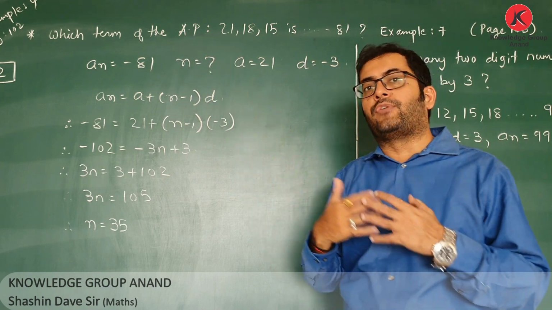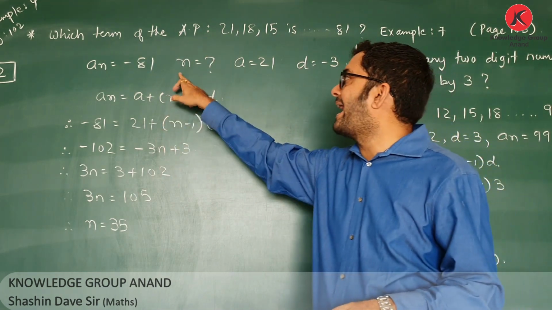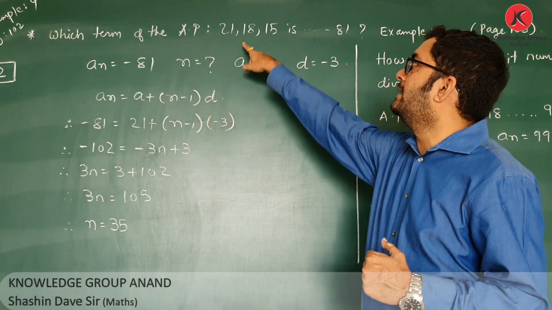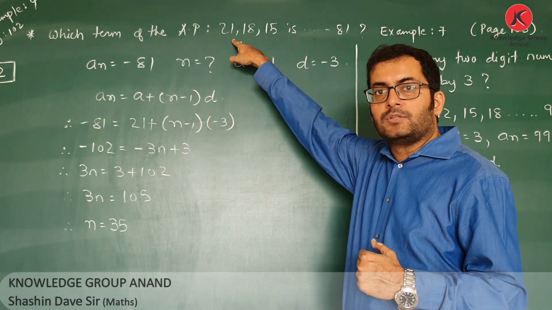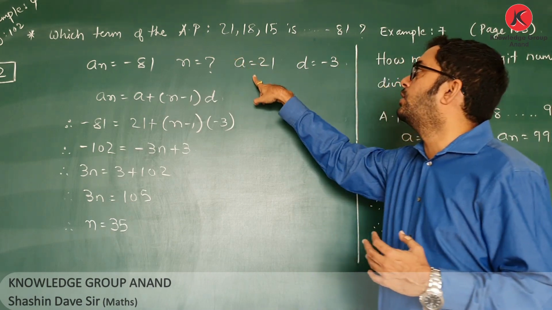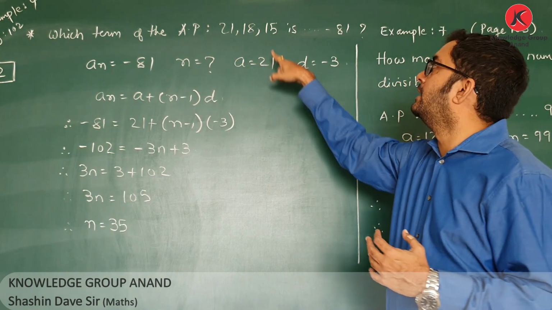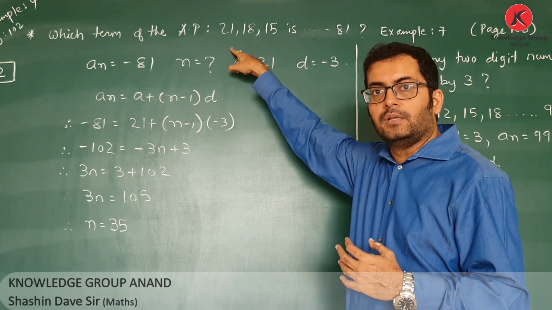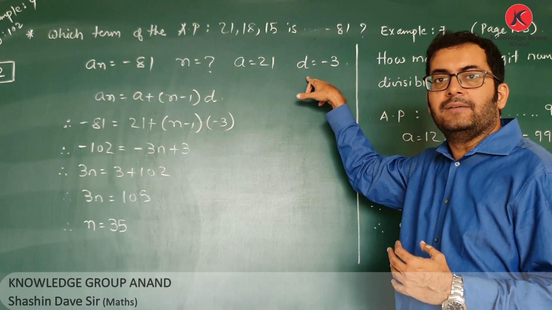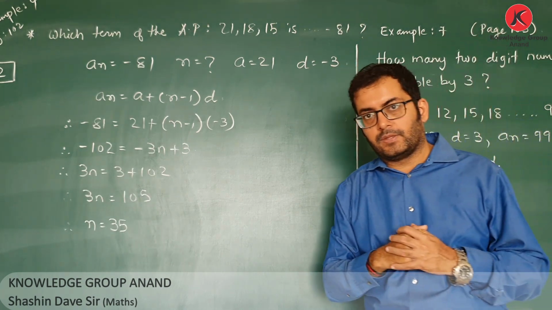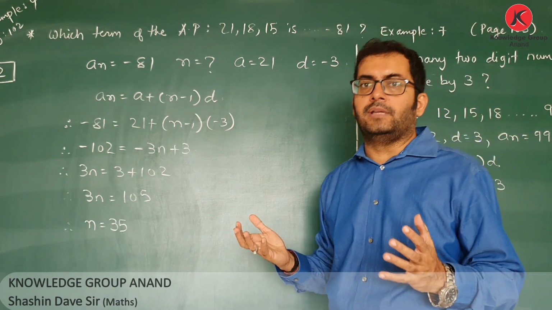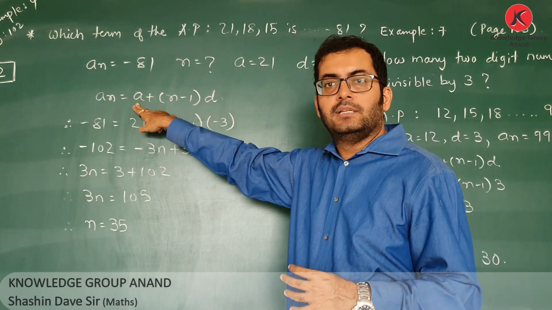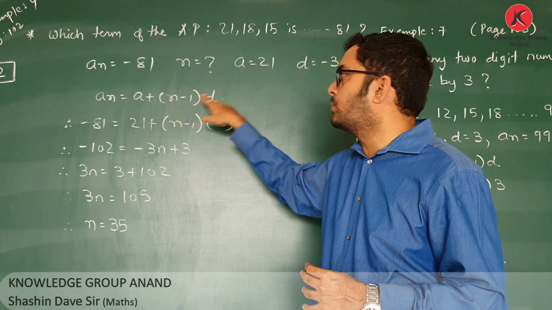The question says that we need to find which term, so the value of n is a question mark. We need to find that value. Looking at the AP, our AP starts with 21. So for this particular question, the value of a is 21. And when you take out the common difference, 15 minus 18 or 18 minus 21, you will get the value of common difference d as minus 3. So as I said previously, nothing new to do. We are going to use the same formula, that is an is equal to a plus n minus 1 into